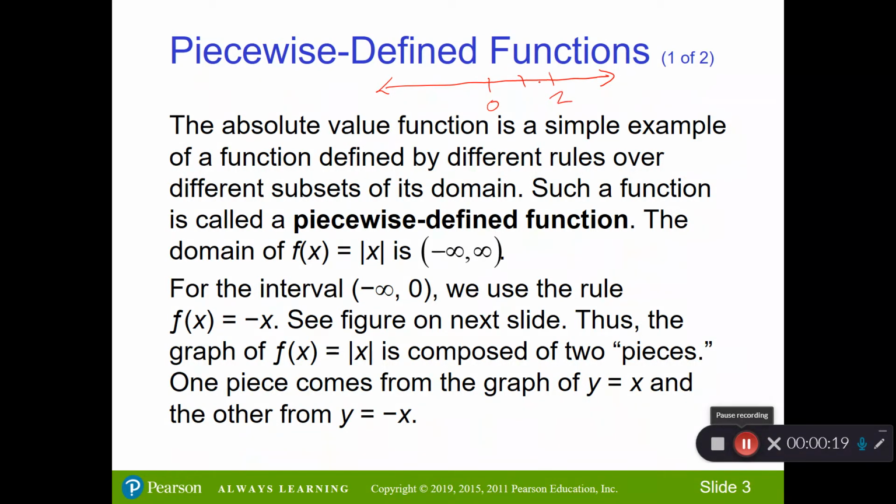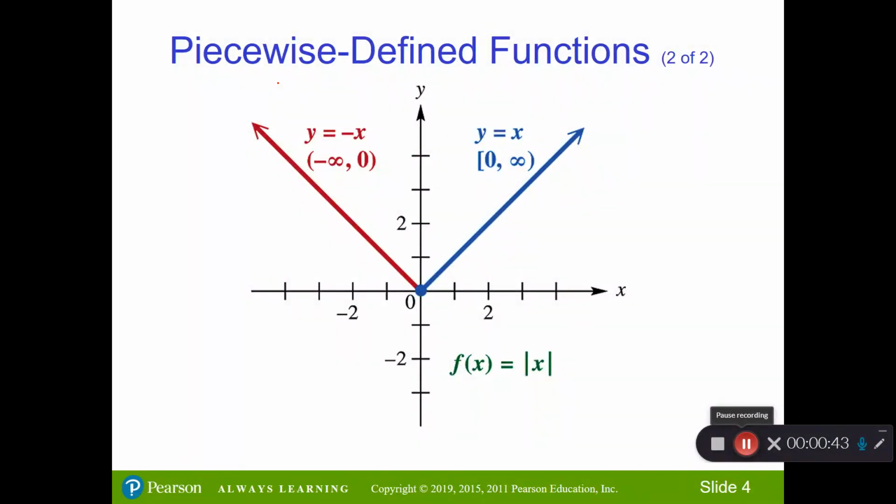So if I move out 2 spaces to the right or 2 spaces to the left, it doesn't matter. I've moved out 2 spaces away from 0. So the absolute value of -2 is a positive 2 distant units away from 0. So that's what the absolute value does, it takes anything and makes it positive. So the easiest way to break up absolute value is to say that if it is already positive, which would